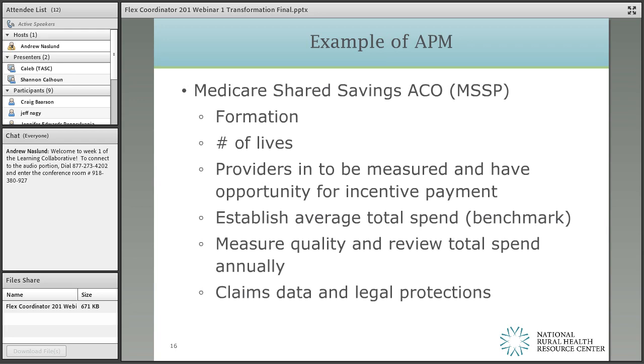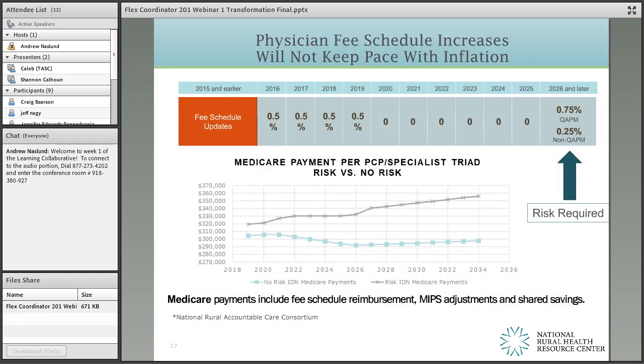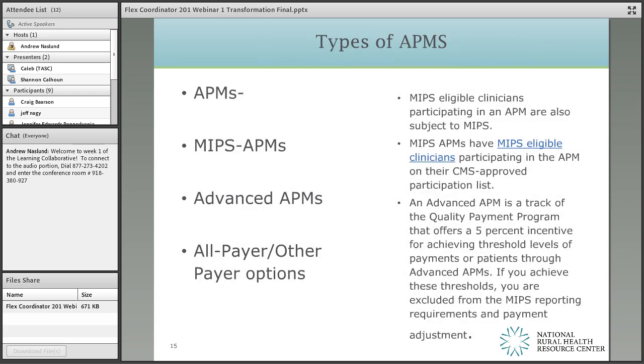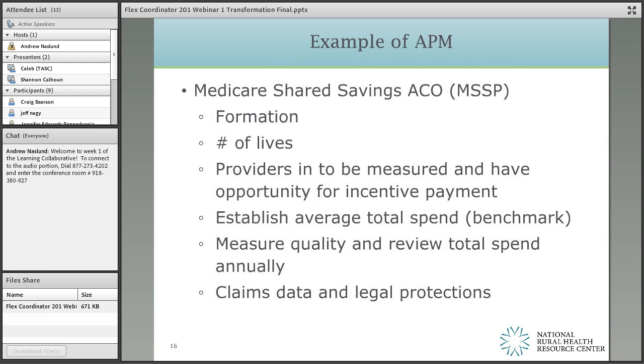I did payer contracting for almost 20 years for almost 13 hospitals and on the commercial side. And if you don't know what the payers see on the claims about what you're doing, if you don't even know what's happening to that patient, you have no way to negotiate. It's really negotiating blind. And so having claims data is very, very powerful for almost everything, not just in the Medicare space only, but for everything that the provider does in regard to payment. So claims data is a huge bonus.